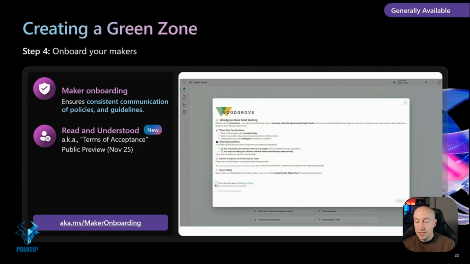And then you can set some terms and conditions for it. You can link to documentation. You could link to your SharePoint hub for Power Platform or Copilot Studio. And it gives this lovely experience for a maker because you can tell them immediately, this is what's happening. You've just arrived here. If you want to get started, this is what you can do. If you want to know this, this is what you can do. It's a lovely experience then.